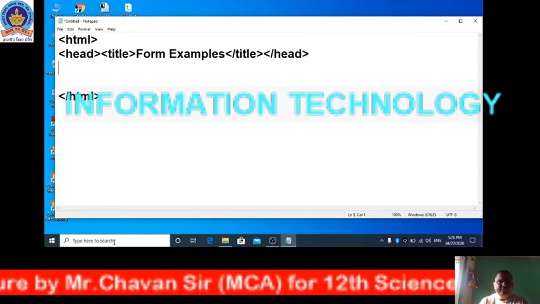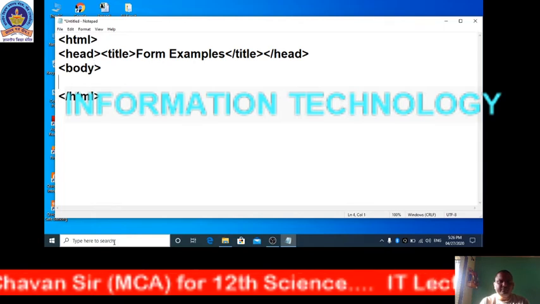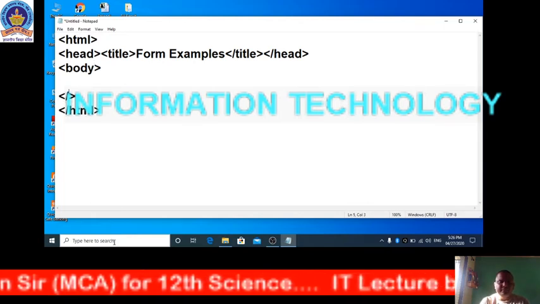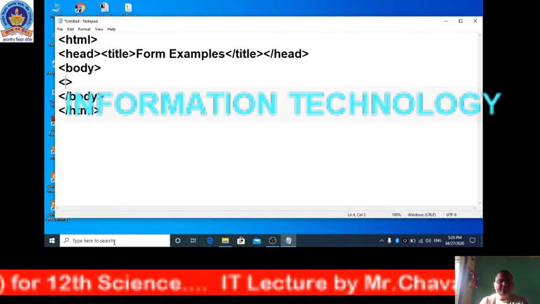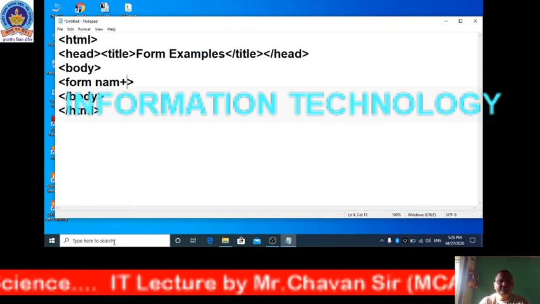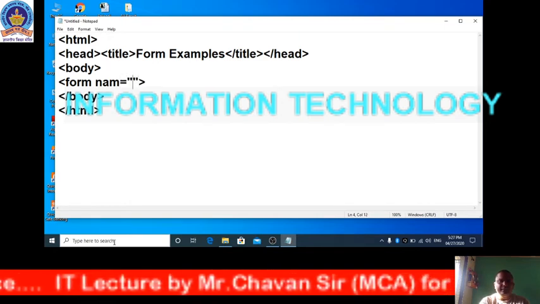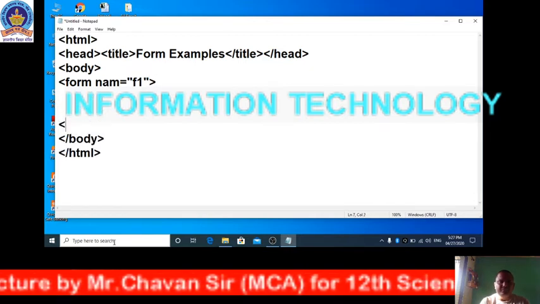In the body tag we can show the body content, and in this we can use the form tag. Form name is equal to F1. I will write the name of the form. Form is a container tag.